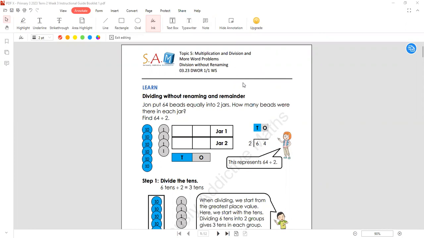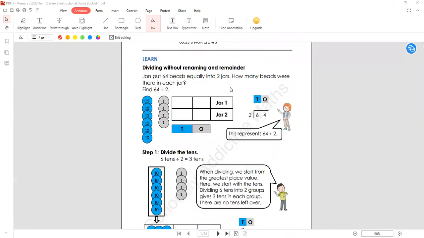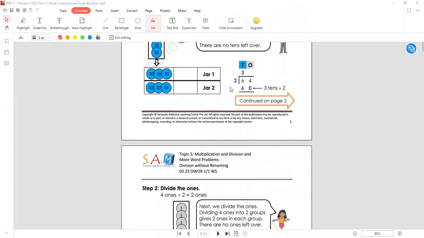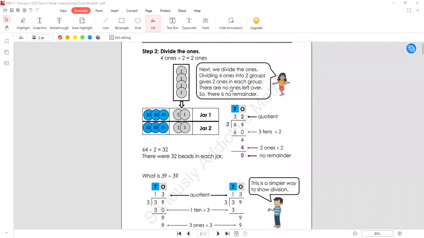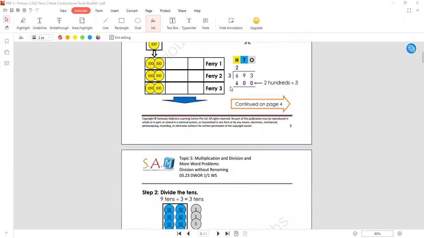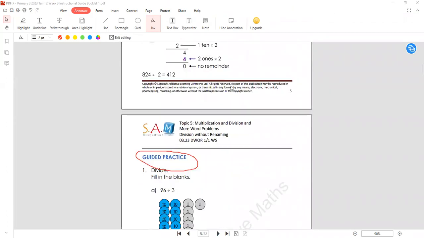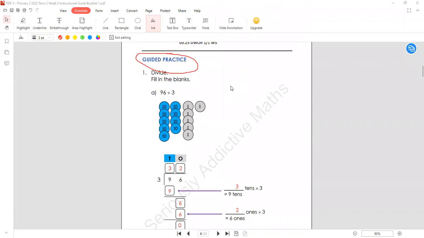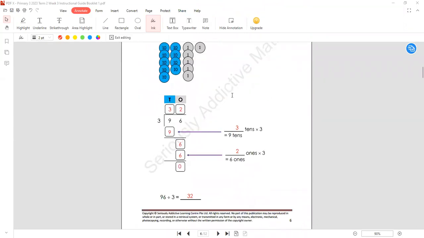Okay, so for this week, there are 2 booklets, and to simplify the terms, we're doing long division. The first one is without renaming. It's really technical here. I don't think it's necessary to spend so much time on it for the teach segment. Rather, I would just suggest that you move on to the guided practice section,